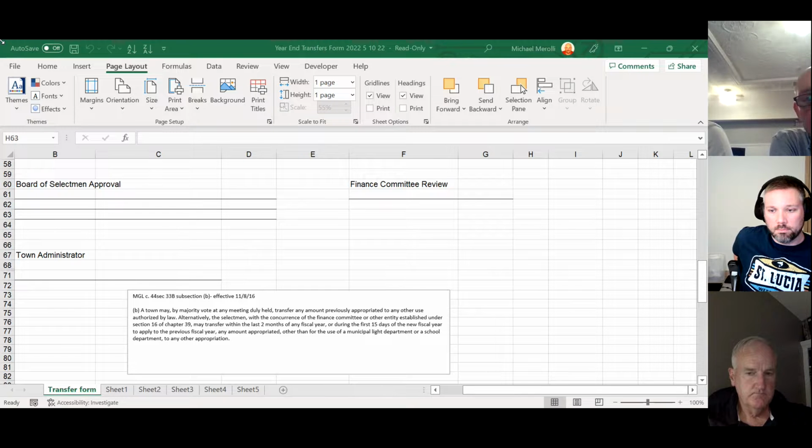But you're right. There's an awful lot of things that we need to look at, particularly in the highway department. We know that we're millions of dollars short of what we need to properly maintain everything, based on a study that was done in 2016. And some of it has to come from outside of our little town, with Chapter 90 and on the state level. And it's a matter of holding our elected representatives accountable on the state level.